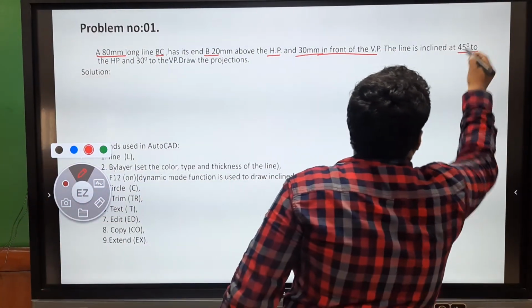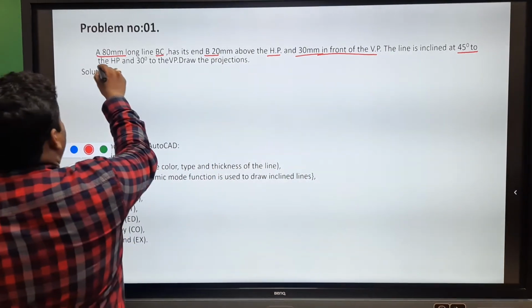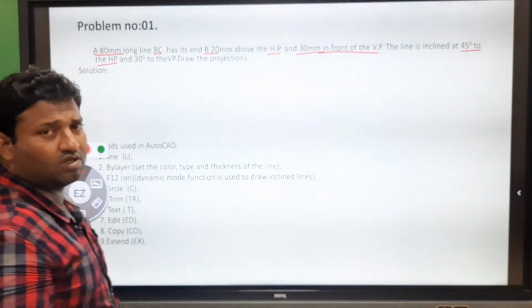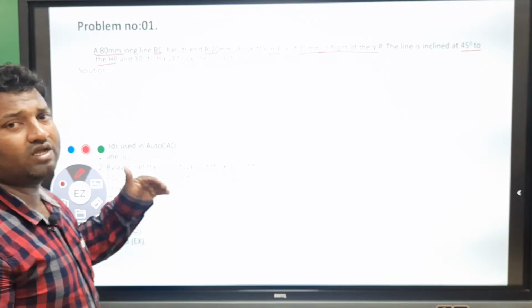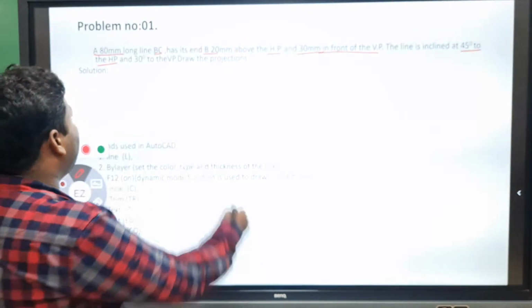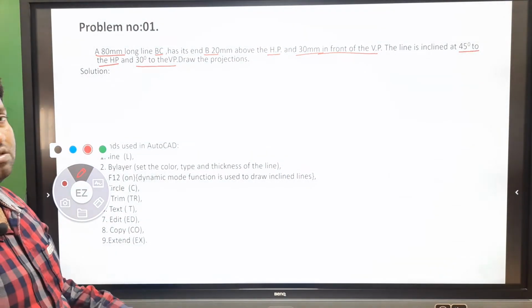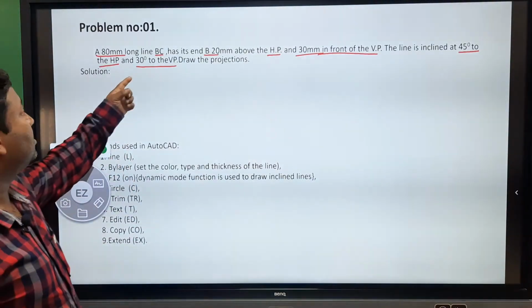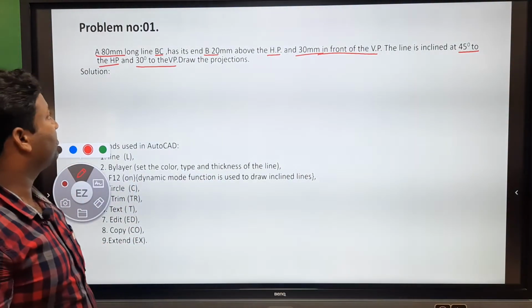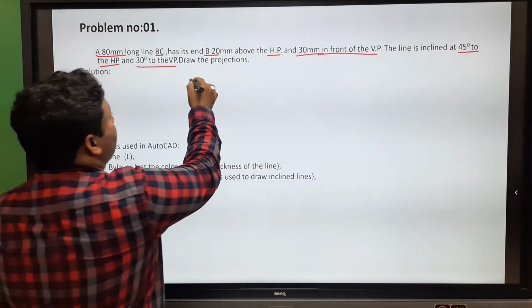The first condition is that the line is inclined to the horizontal plane at 45 degrees. And the second condition is that the same line is inclined at 30 degrees to the VP. After that, we have to draw its projection.